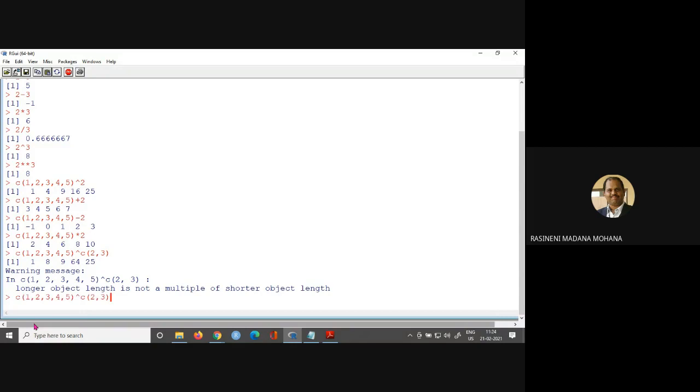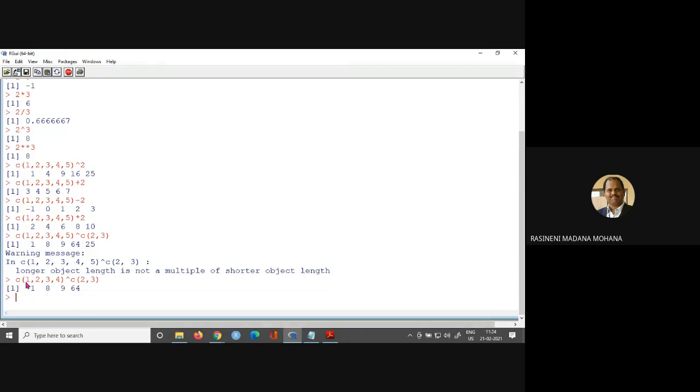So to overcome this, on the left hand side you can take only 4 values. Now you can see, it takes the 1, 2, 2, 3 combination. That means 1 power 2, 2 power 3. Then the 3, 4, 2, 3 combination: 3 power 2, 4 power 3. Now this is the result. So you have to observe carefully whenever you are using two vectors and performing any operations. The size should match the partition.